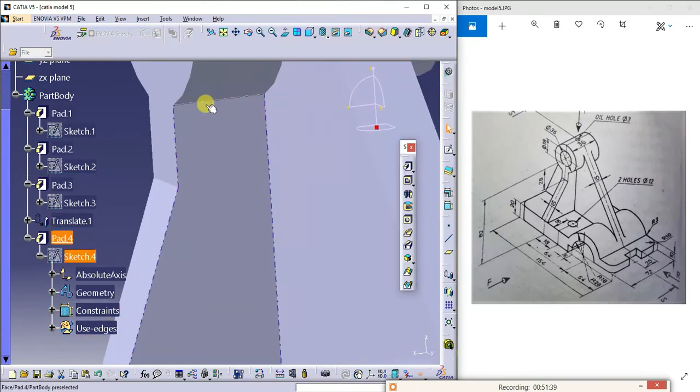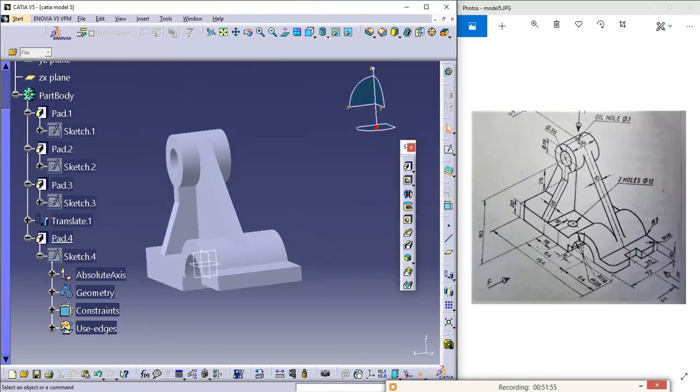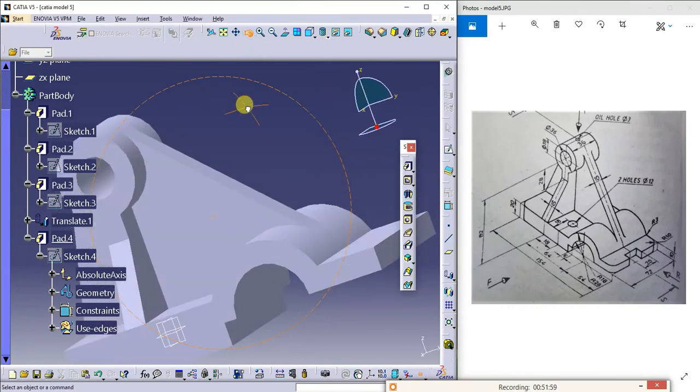See here, you cannot able to see the gap here. See here, there is no gap between this and this texture.